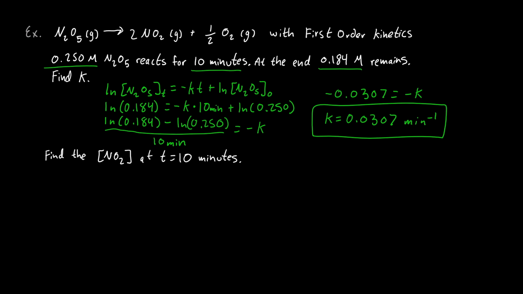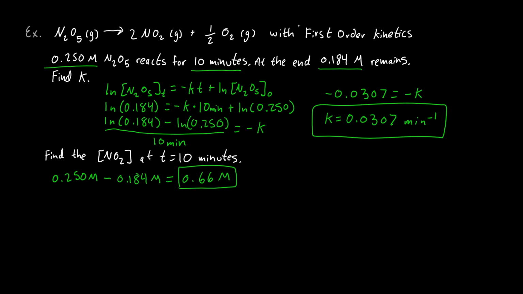So whatever started as our reactant has progressed through the reaction to become our product. So if we started with 0.250 molar of our reactant, and then at the end we had 0.184 molar of our reactant, that means that we produced 0.66 molar of our